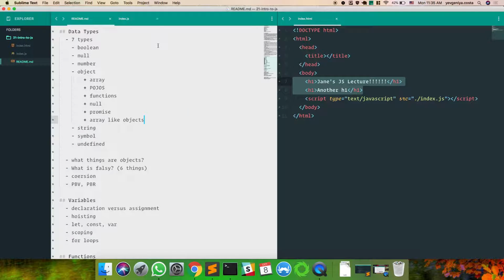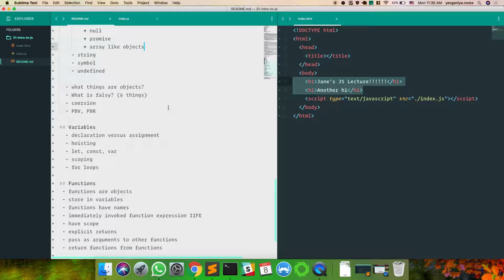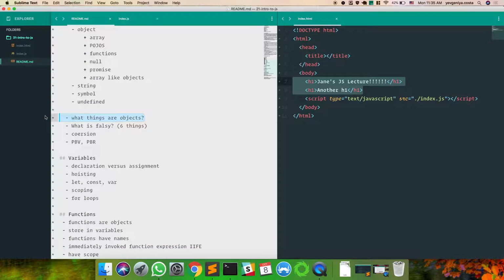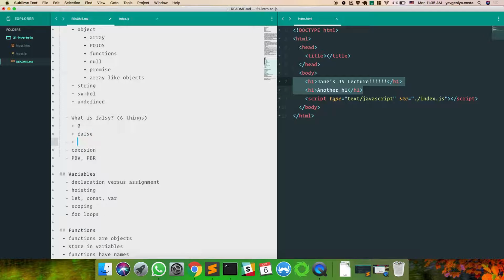All right, let's talk about what things are falsy in JavaScript. There's 6 of them, so there's your hint. What things are falsy? 0. Nice. I love that about JavaScript. It's not the case in Ruby. So going from one language to the other, you can sometimes get confused. It's really cool that 0 is false in JavaScript. What else? Gavin? False. Nice. What else?